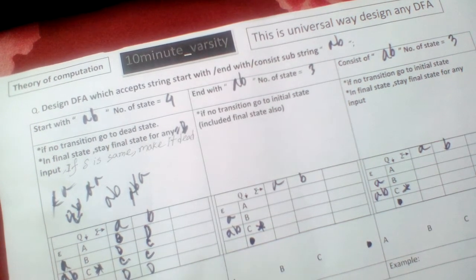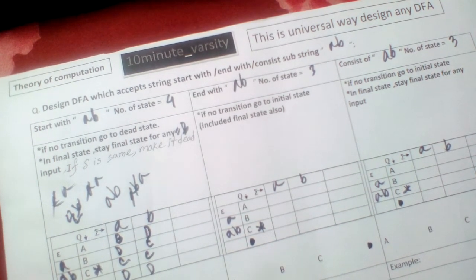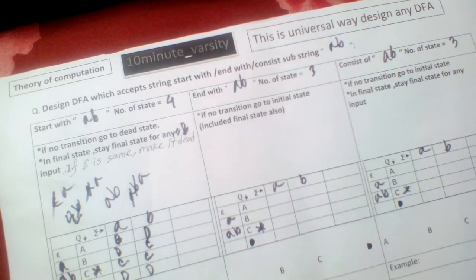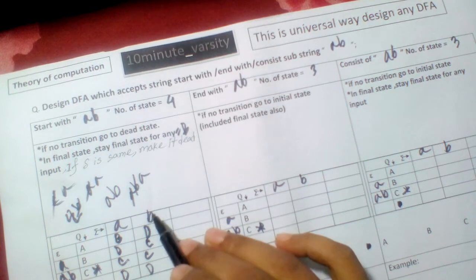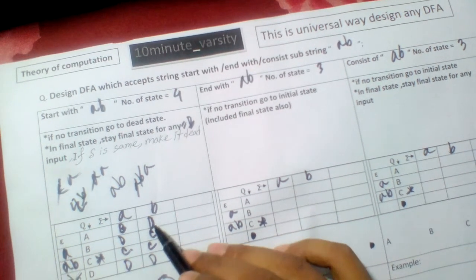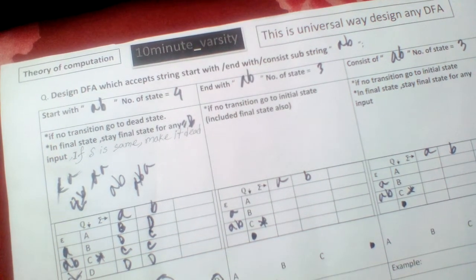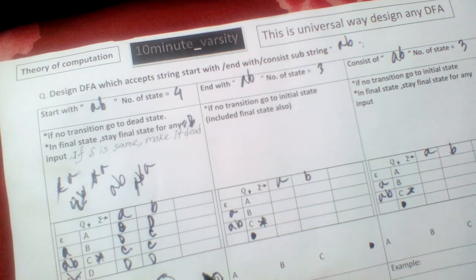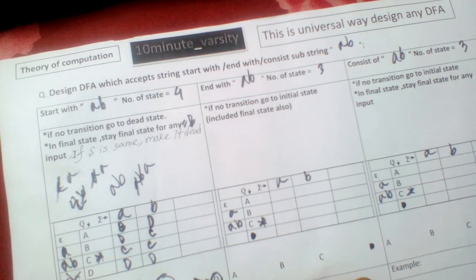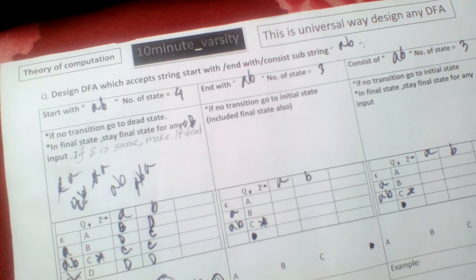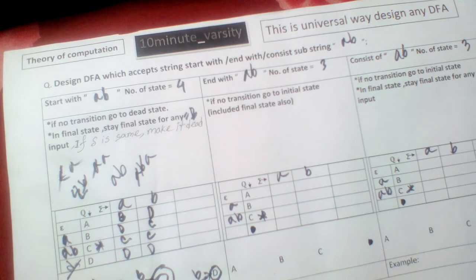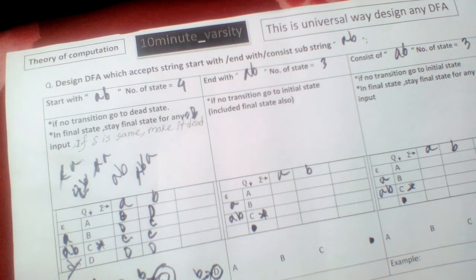This is our AB, and these are final state, and these are dead state. Okay. From A to B, for A we are going to B, but for B we are going to dead state, because if we found a B at first, we will go to the dead state because we need AB. Okay. There we fill these two transitions for A, and for B we have one transition only for B to